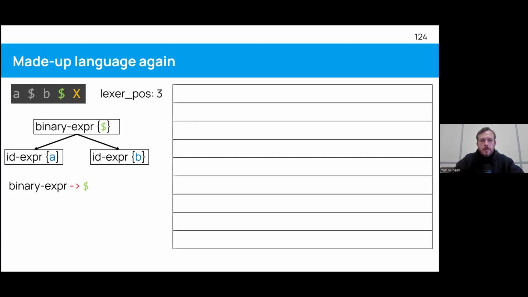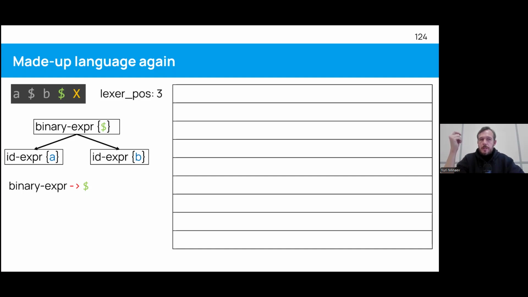So we've built a binary expression. We don't want to ever do it again because we already have a valid expression. We know it's valid. It's a piece of a bigger one, but it's okay. And we also already have an AST node for that.